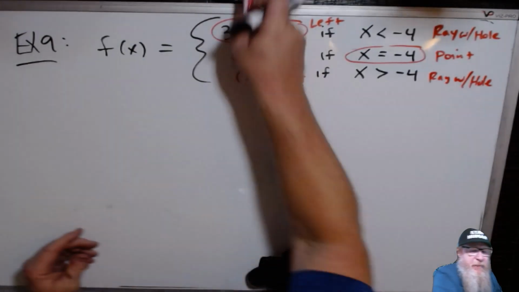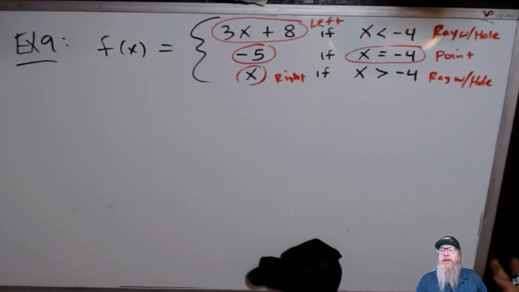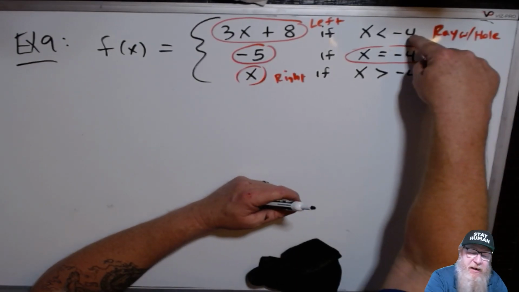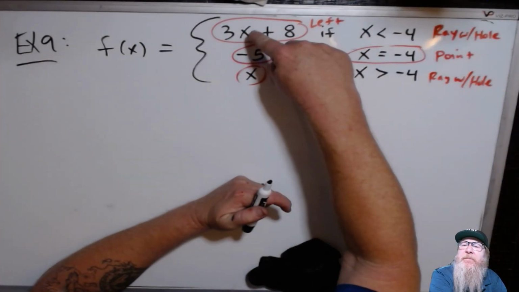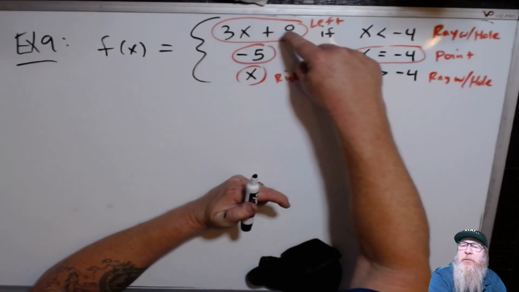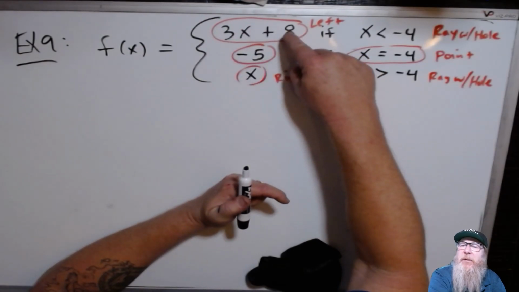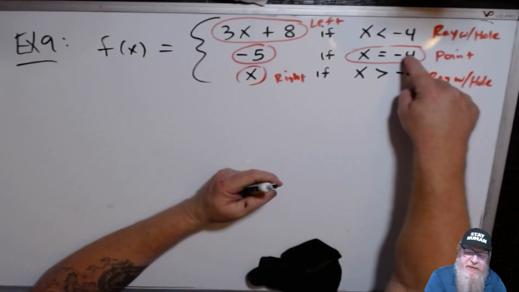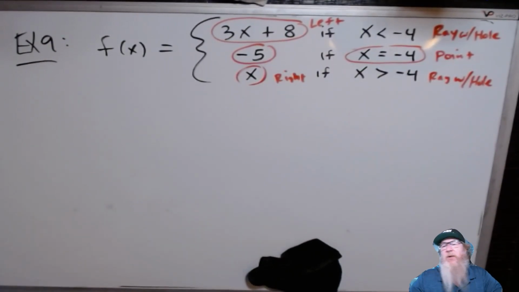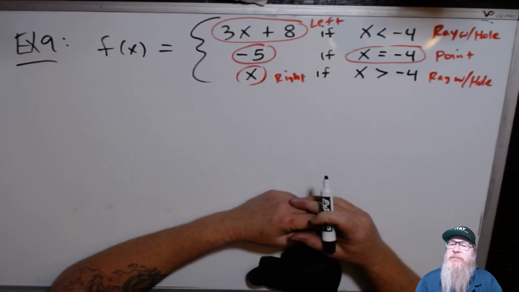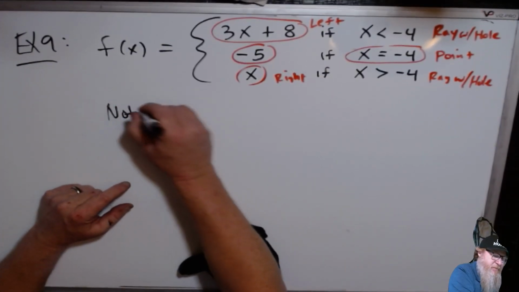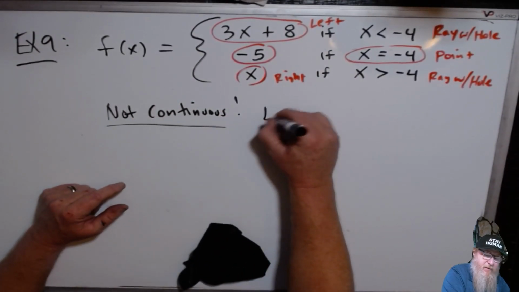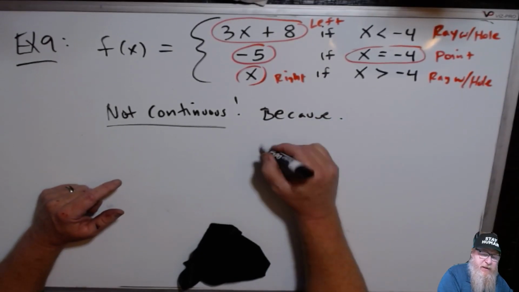Not really much to do. I mean, I could just talk our way through it. You want to do the quick talk through before I write anything down? All right. Think about if you put -4 in here, you would get -12 plus 8. -12 plus 8 would be -4, actually. This would be -5. So I'm already going to say no. Might as well save some time. Why? Because